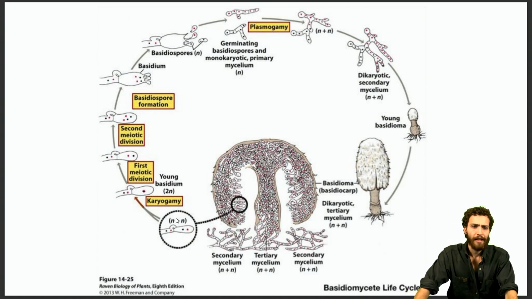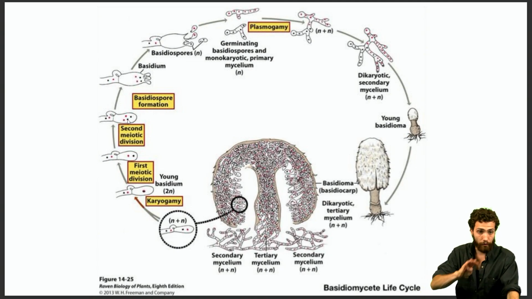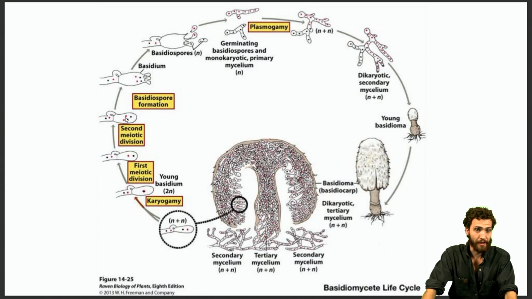Hopefully this makes sense. Within this fertile layer, karyogamy occurs, right? This is when you go from n plus n to 2n. This is akin to fertilization, but different, as we just talked about. Now you have a single diploid nucleus within this cell. Now you have meiosis occurring, right? Meiosis occurs in 2 parts, turning one 2n nucleus into 4 haploid nuclei. These 4 haploid nuclei migrate through the sterigmata, end up in these basidiospores, and the basidiospores are released to begin